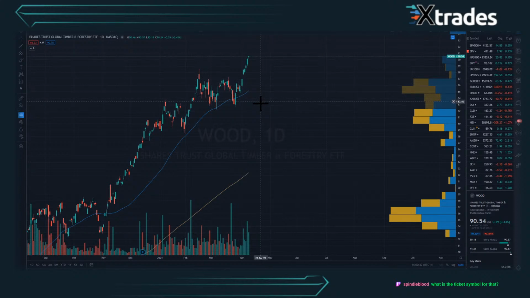The ticker symbol for wood is WOOD. I don't know if 007 had something else in mind there, but yeah, it's WOOD. All right, so